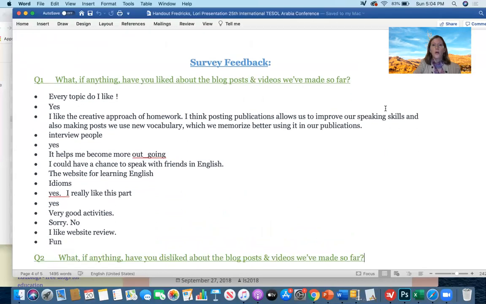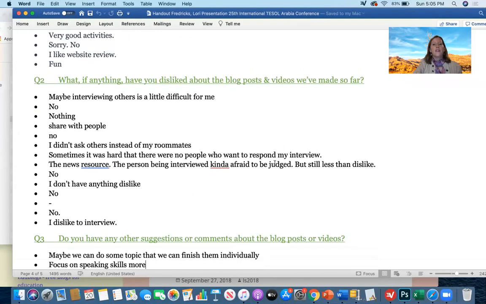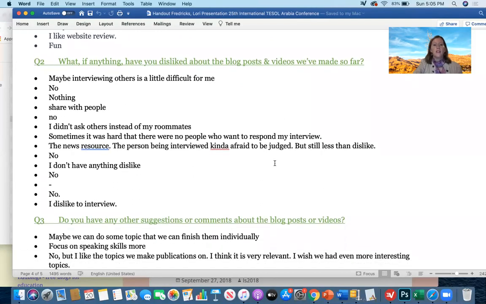And I'll quickly go over some of the survey feedback and the things that came up when we talked about how they felt about these projects. Most of them were quite positive, so this is why I'm recommending maybe experimenting with this yourselves if you're interested. Some of the things that they liked is that they thought it was creative and helped them improve their speaking skills. Also, I'd asked them about anything they disliked. They didn't say much about this, but some people did feel hesitant about speaking to strangers. So that was something that came up.